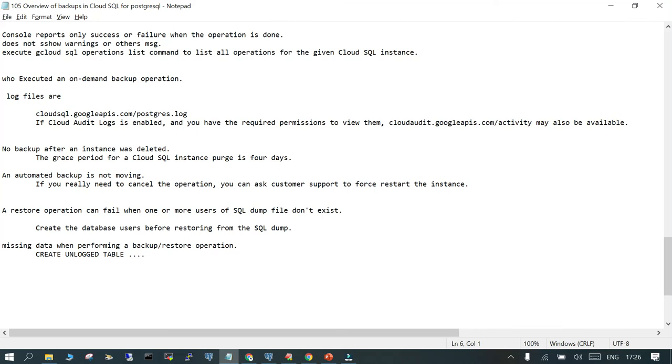That's all the basics about the backup operation in PostgreSQL for Google Cloud under Cloud SQL. I hope this